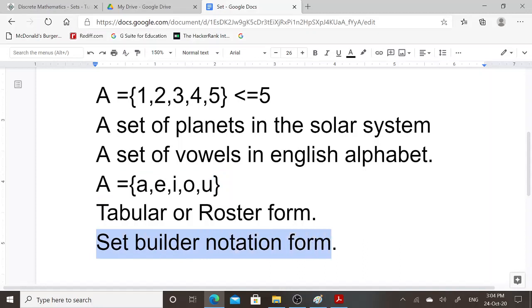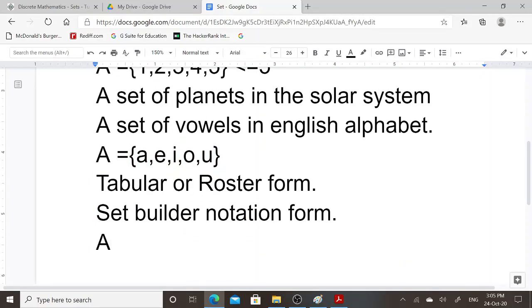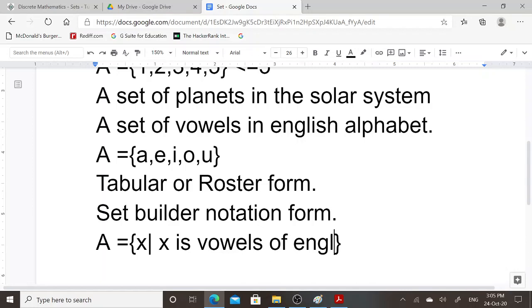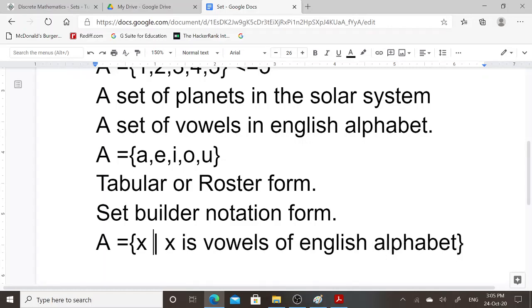Now what is set builder notation form? If I want to represent this set in set builder notation form, then I need to mention the set name, that is A equal to open curly brace, close curly brace, x such that x is a vowel of the English alphabet.